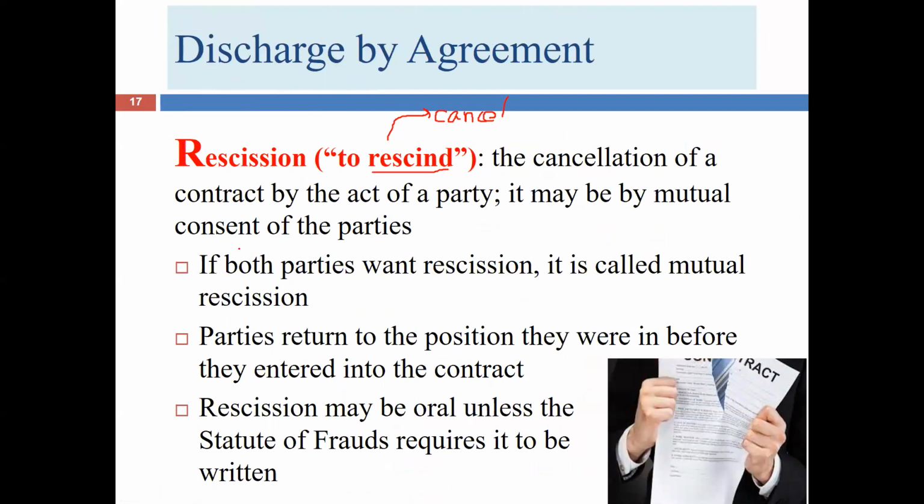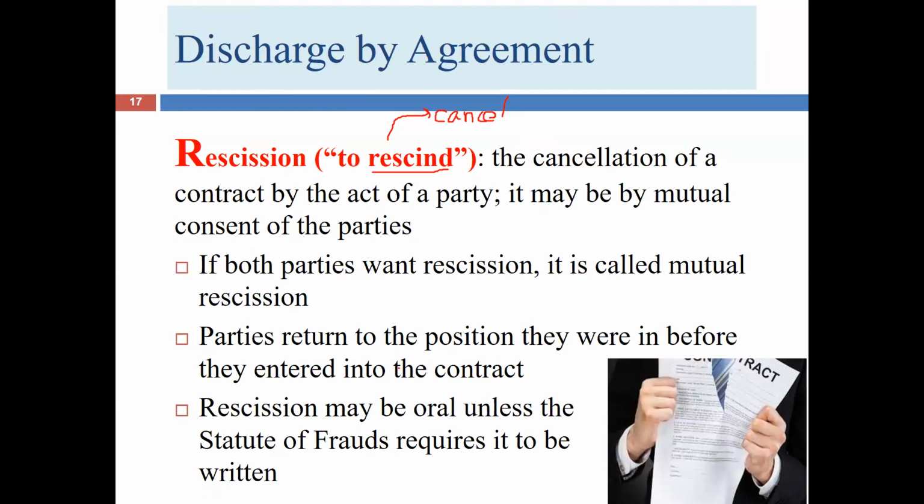And of course, the goal in a rescission is that we return the parties to the condition they were in before they entered into the contract. So Bobby still has his frog, Sally still has her $5. It could be that maybe Sally prepaid $2 for the frog, and now she only has $3 remaining. And so when they decide to rescind, presumably Bobby's going to have to repay the $2 that Sally prepaid, so that Sally has all of the money that she initially had and Bobby still keeps the frog.